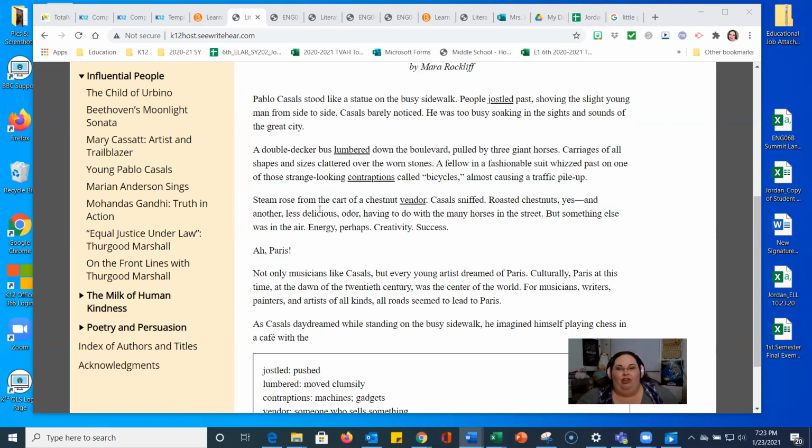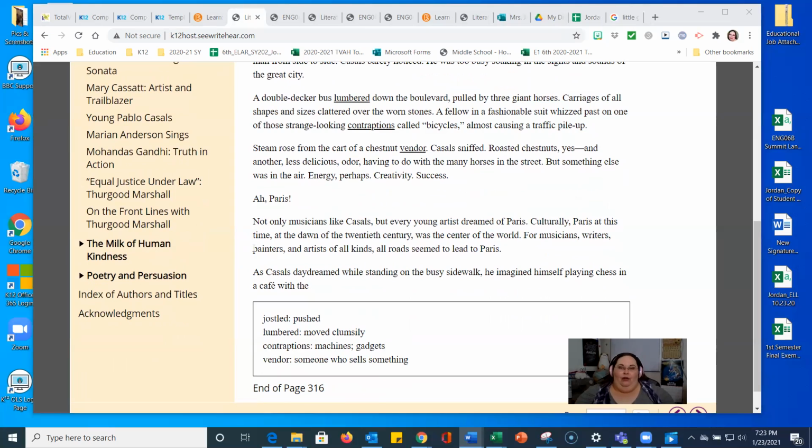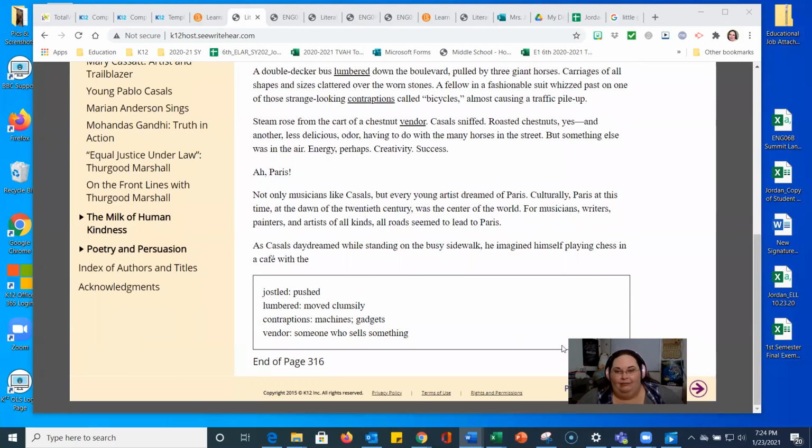Steam rose from the cart of a chestnut vendor. Casals sniffed roasted chestnuts, yes, and another, less delicious odor, having to do with the many horses in the street. But something else was in the air. Energy, perhaps. Creativity, success. Ah, Paris. Not only musicians like Casals, but every young artist dreamed of Paris. Culturally, Paris at this time, at the dawn of the 20th century, was the center of the world. For musicians, writers, painters, and artists of all kinds, all roads seemed to lead to Paris. As Casals daydreamed while standing on the busy sidewalk, he imagined himself playing chess in a cafe with the